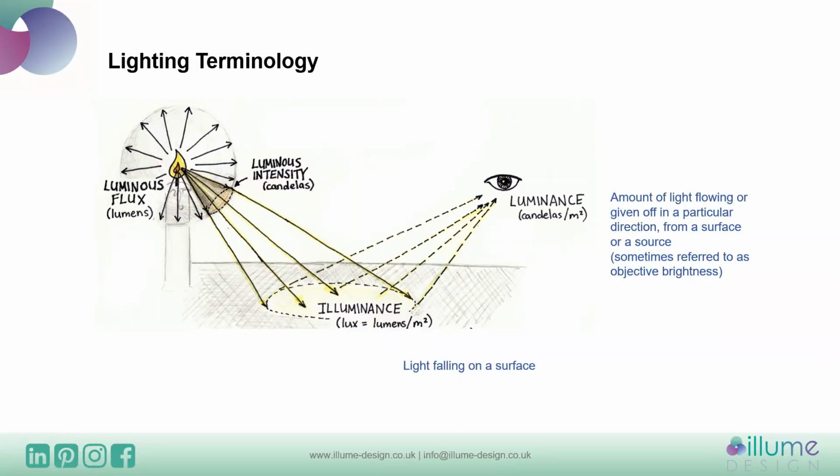It's not technically quite the same thing, but it's the easiest way to think of it. Brightness and the light falling onto the surface are two different things. They are related, but they're not the same. One instance to think about to understand this a little bit better is I've often been to site and